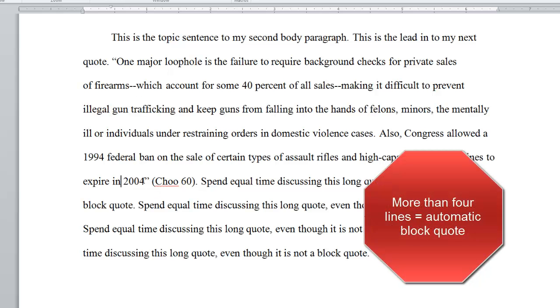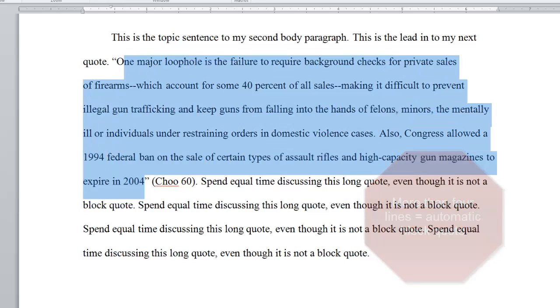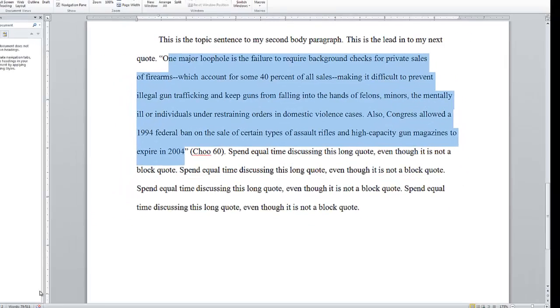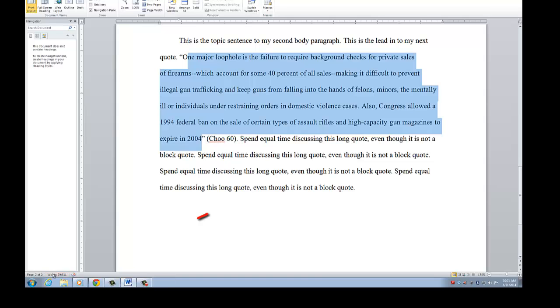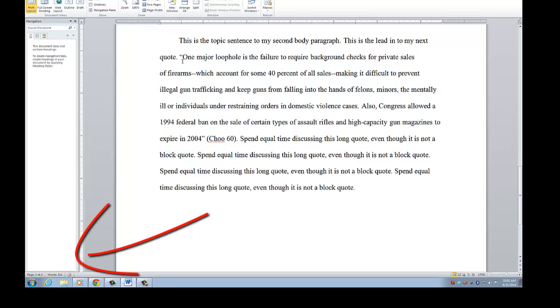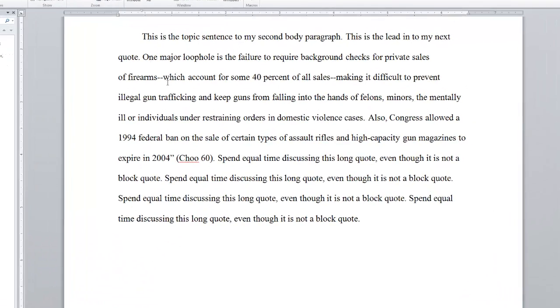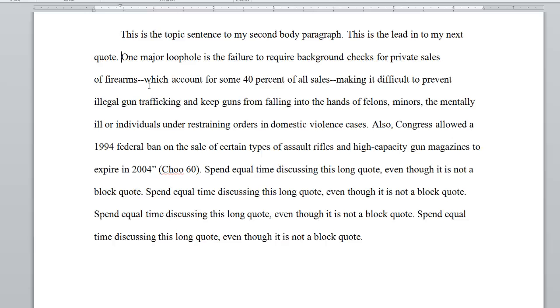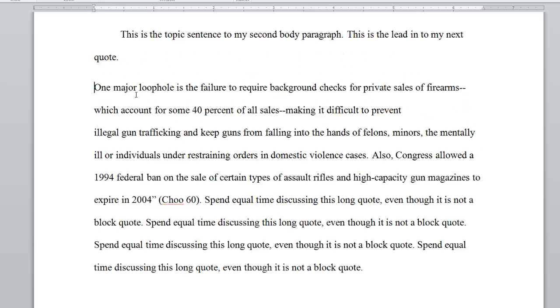But if I'm in doubt, I highlight my text, come down here to the lower left corner, and I see that I have 79 words in this quote. I better handle this like a block quote. How am I going to do that? First thing, I'm going to remove my quotation marks. I'm going to separate off this quote from the rest